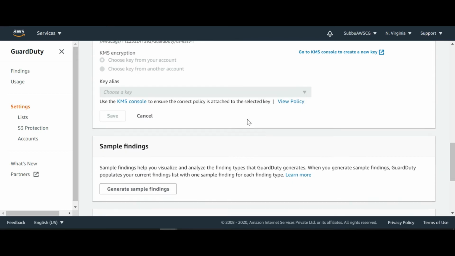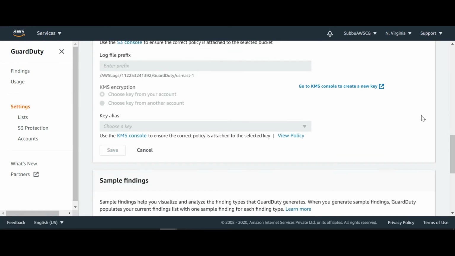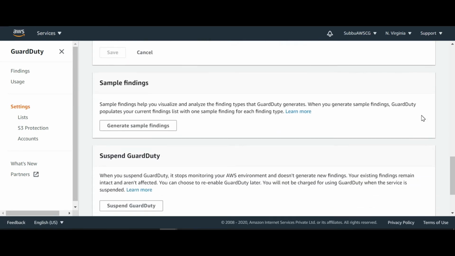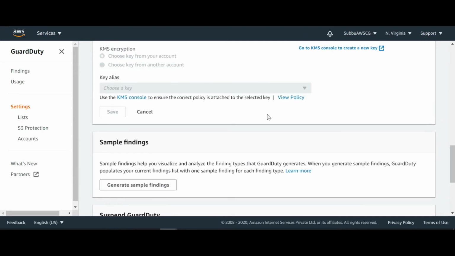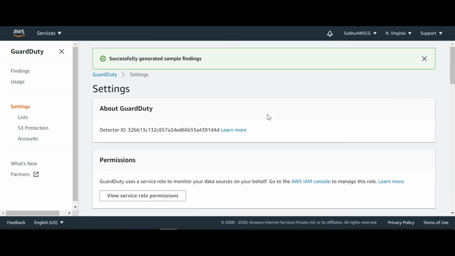Now, I do not have any malicious or threat findings to show the demo of that. So what I will do is generate sample findings by clicking on this. Okay. So now I have successfully generated the sample findings. Let me go back to my GuardDuty.